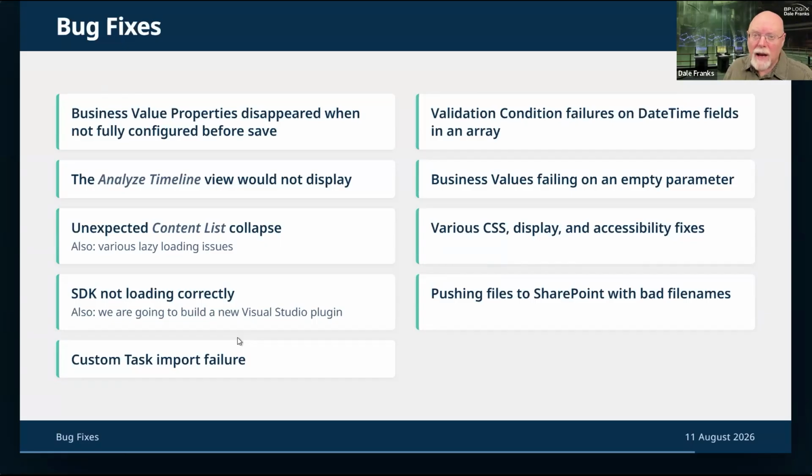Fine as far as that goes, but when you tried to rename the file and re-upload it, it was still trying to push it with the old file name, which was getting rejected. So it wasn't recognizing that you had changed the file name and removed the problematic characters. So we've addressed that. That has been fixed as well.